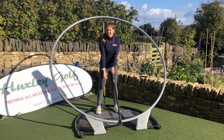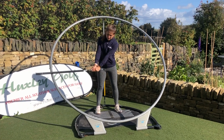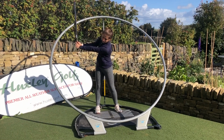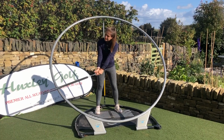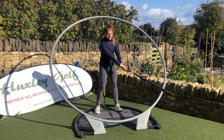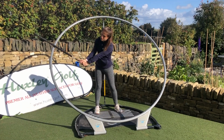So there's 3 key things we're kind of working on here. Obviously you've got kind of the wrist cock, then you've got kind of forearm rotation, and you've also got that shoulder rotation. I think one thing to know is that you're not doing any of these separately, they're all kind of working in sync, and that's where you do actually have to use your core quite well to connect all